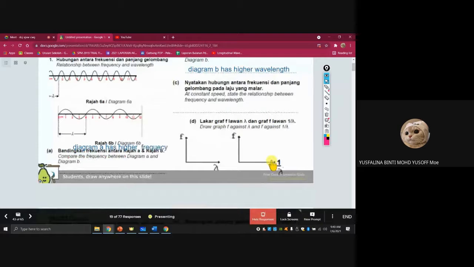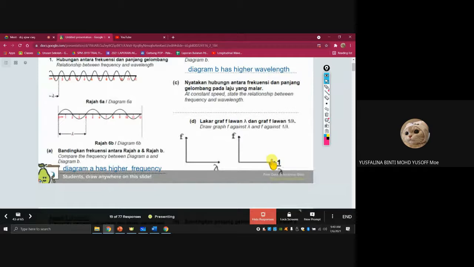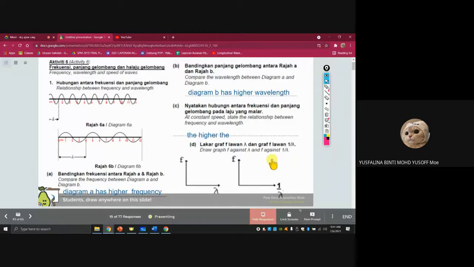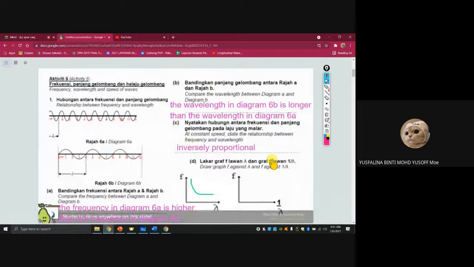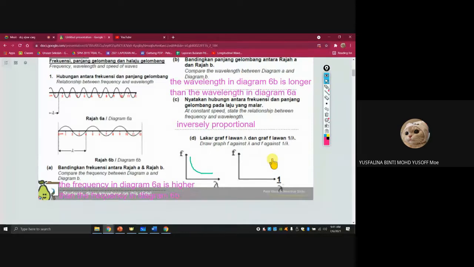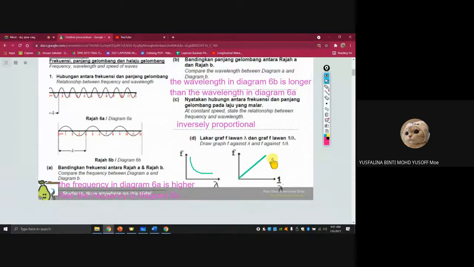Diagram A has a higher frequency, diagram B has a higher wavelength. So what is the frequency and wavelength relationship? Inversely proportional. For this question, you can say inversely proportional, or you can use the graph. Or you can say the higher the higher. But in graph, if they ask you the relationship of the graph, make sure you use the inversely proportional,